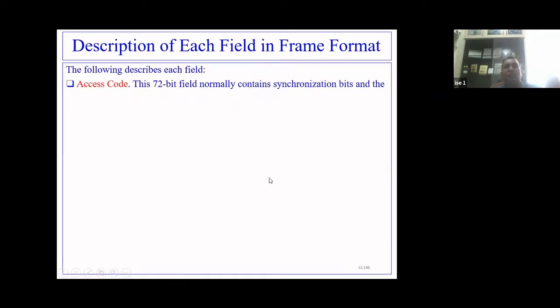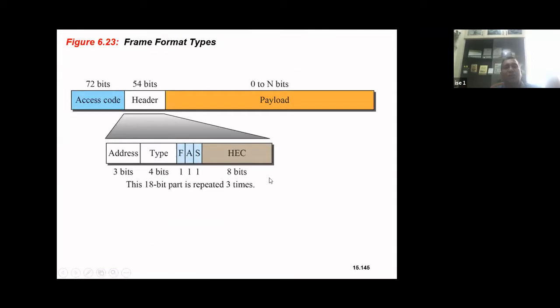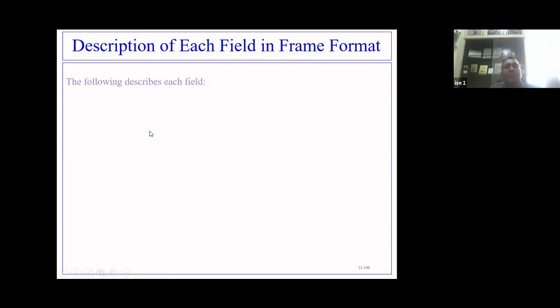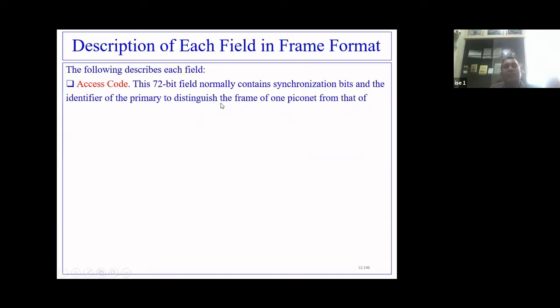Access code, which we have seen, was 72 bits, right? This field normally contains synchronization bits. If the primary is communicating with the secondary, the secondary has to synchronize its clock time for receiving the bits with the primary.